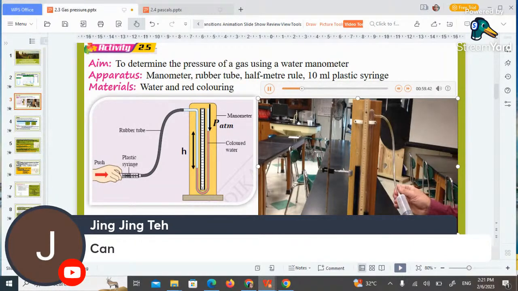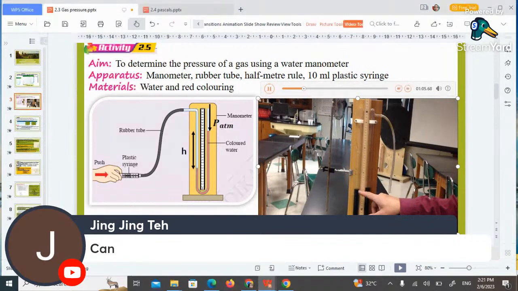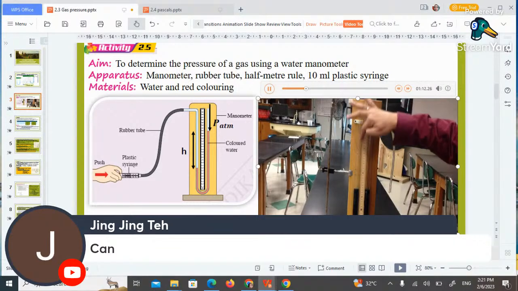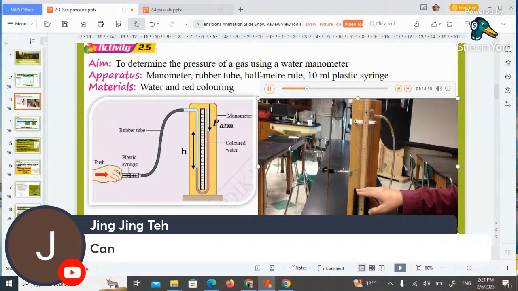When the pressure was equal, these levels were equal, because the pressure inside this tube is equal to the pressure pushing down in this open container. So the force on this liquid level is the same as the force on this liquid's level, and thus you have